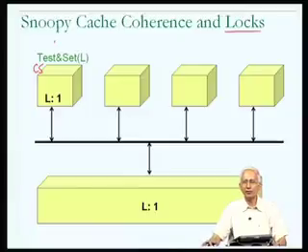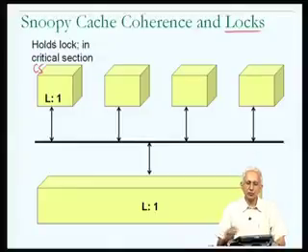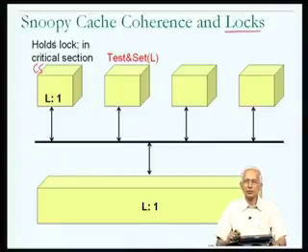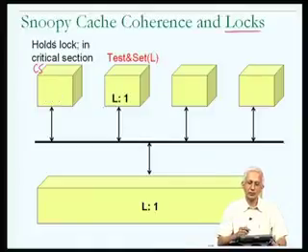Let's suppose that a process running from the same program, now running on one of the other processors, tries to acquire the lock. So while the process in the leftmost processor is holding the lock and inside its critical section, let's suppose that a process running on the second processor attempts to do a test and set of L. What happens when it executes test and set of L? In order to test L, it has to have a cache copy of the lock variable. So it gets a copy of L into its cache,